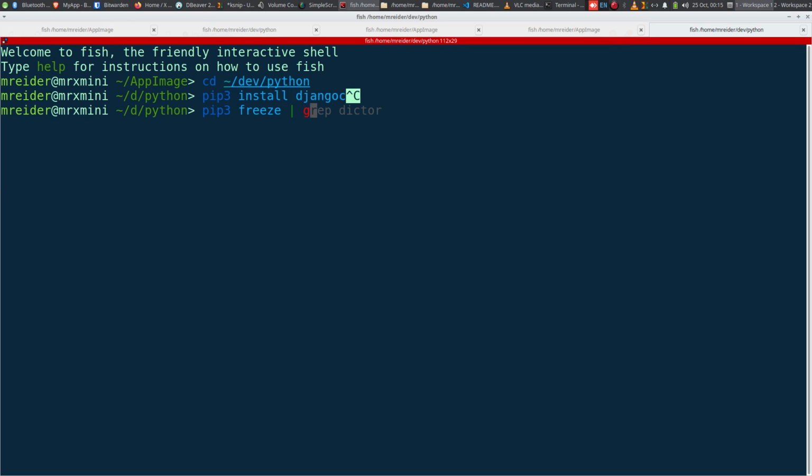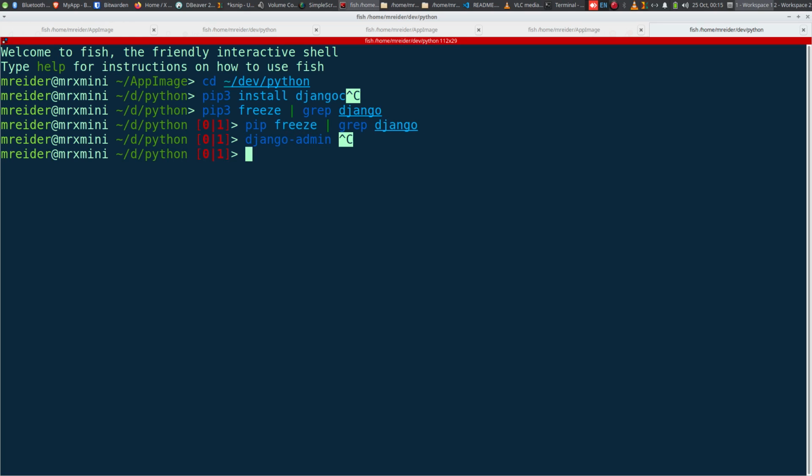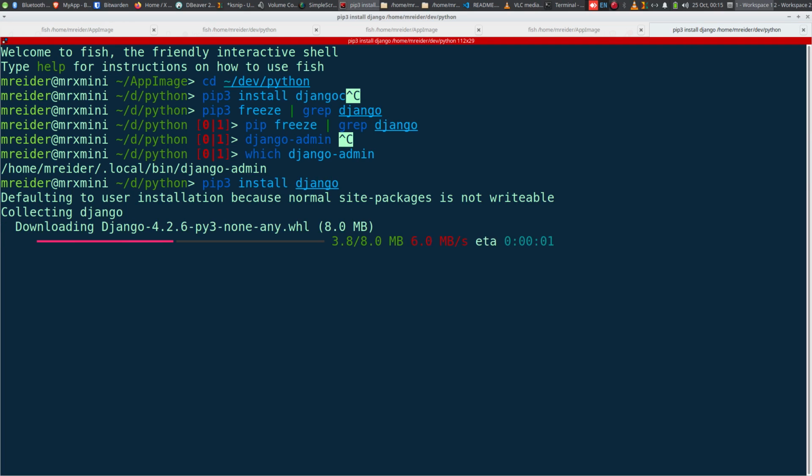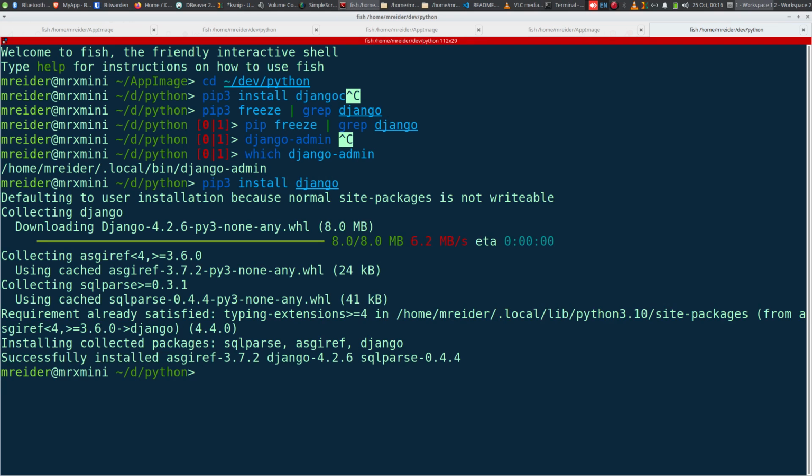Let me just double check. I should already have that, or maybe I don't. I do have it somewhere in my system. Once you install Django, it's going to give you this command, django-admin. It looks like it's installed in my .local, probably through one of my Python environments. But anyway, the way to do it is pip3 install Django, and there it is. It's going to install it, and then once we have django-admin,